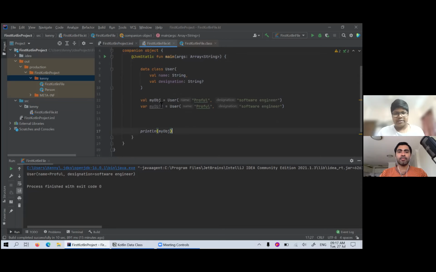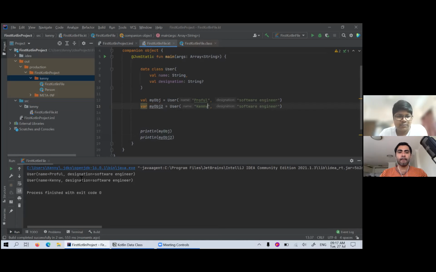Okay, so do you want me to run this? Yeah, please. Okay, so I'll just put my object 2 also. So here we can see the output, and you are talking about the toString especially, right? By just giving a data class, the toString and all is already generated when we are printing it. And println is also different, right? System.out is not there. It is just println in Kotlin. So it is actually printing that class and the member variables in that.